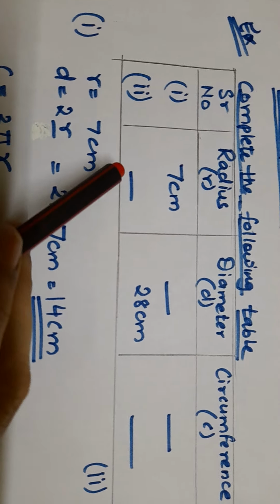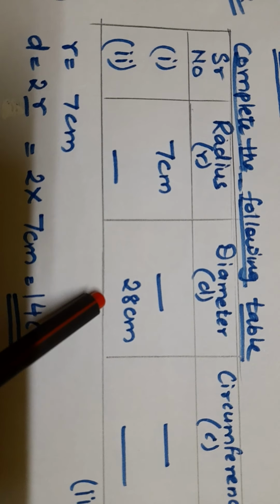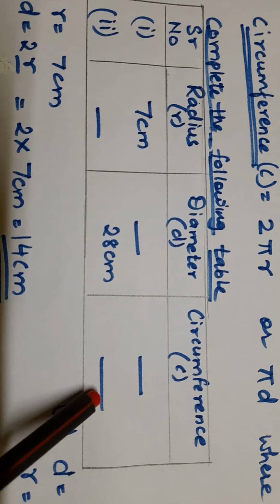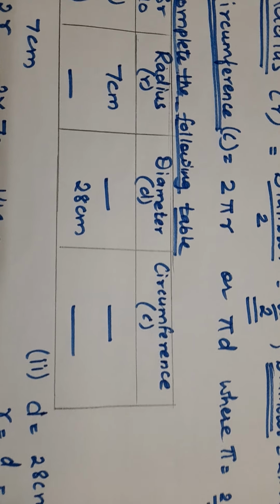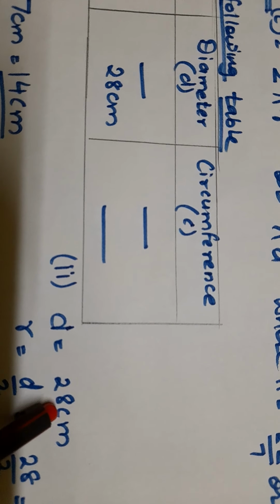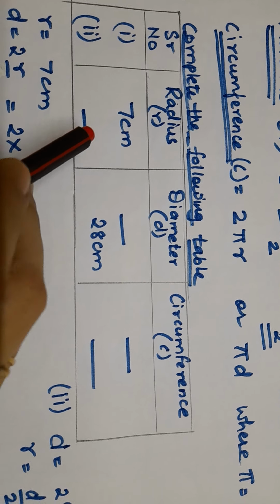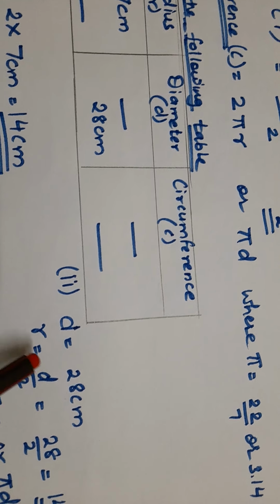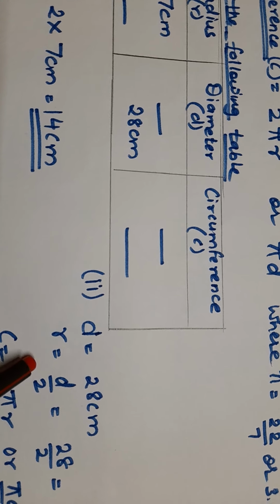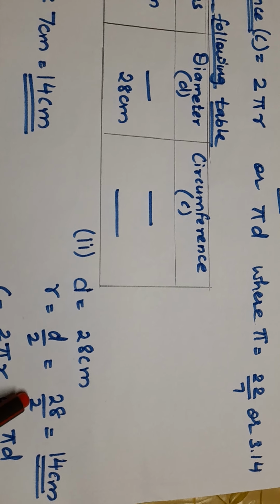Now we will come to the second sum. Here radius you have to find out and diameter is given to you, and you have to find out the circumference. So in here also we are going to first write the given. What is given to us? Diameter is given to us. Diameter is 28 centimeter. Now we have to find out radius. So the formula for finding radius is equals to diameter upon 2, half of the diameter. So diameter is given to you, it is 28, and you will write upon 2.